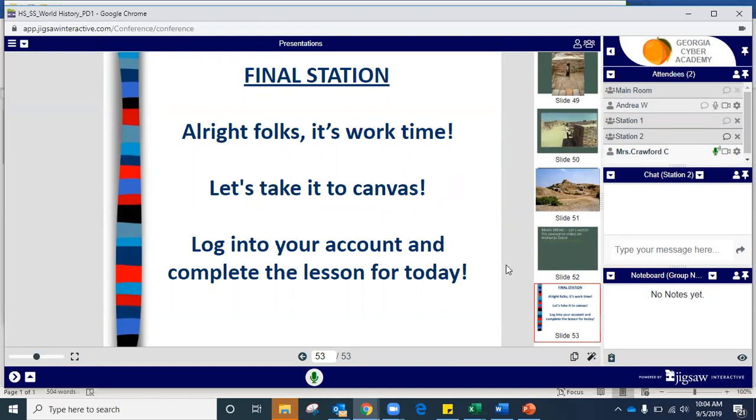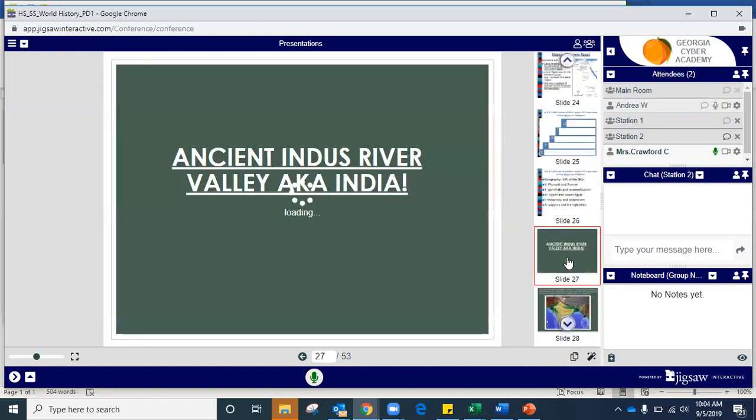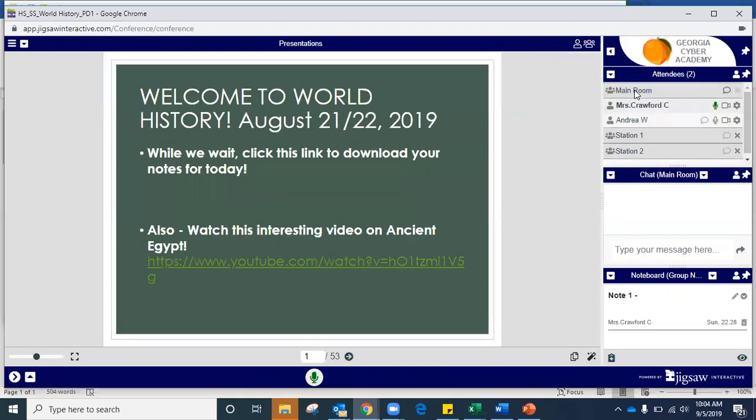And we'd give them some work time for their final station. But just for the sake of this, let me go back to the top. All right, so now my stations are created for when my kiddos come to the room. Now, my advice to you, whenever you decide to use station teaching, I would allot for about 5 minutes at